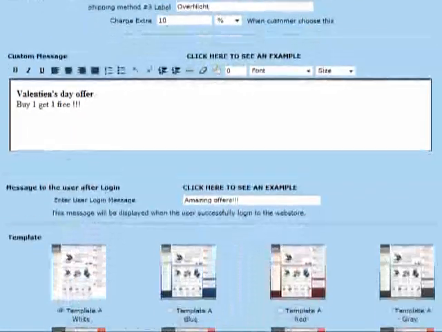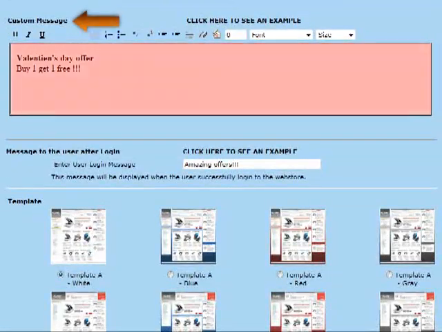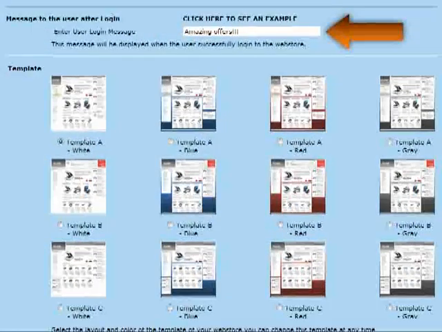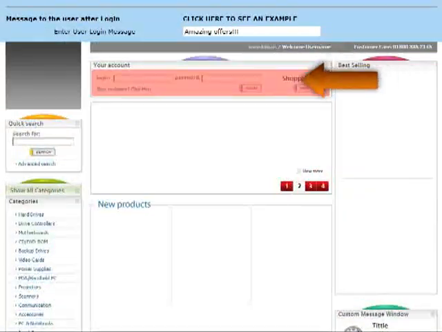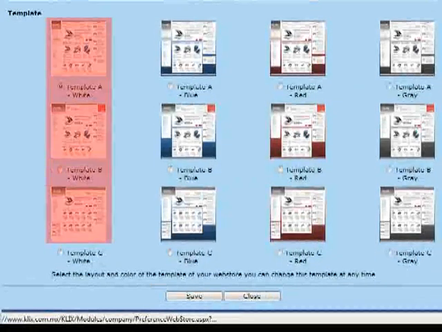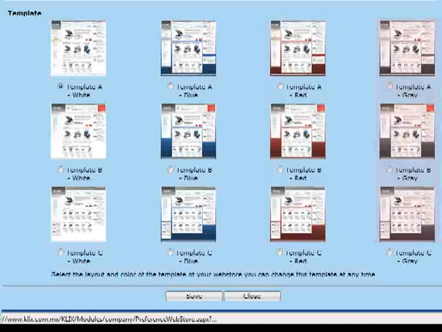In this space, you can display some sort of message for your customers, such as a greeting or a notice of an upcoming special promotion. This greeting will appear on all your web store pages. In this next space, you can enter a message that will appear to your customers when they log on to their account. And your final step will be to select one of the 12 templates designed by Klix that were